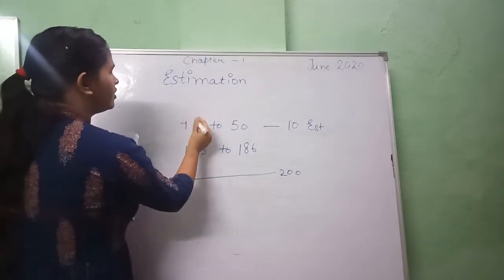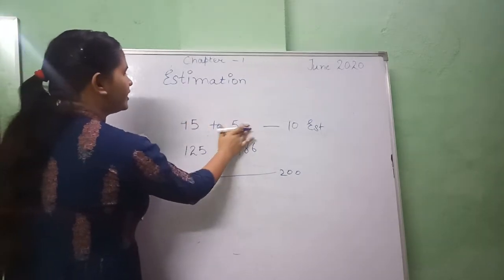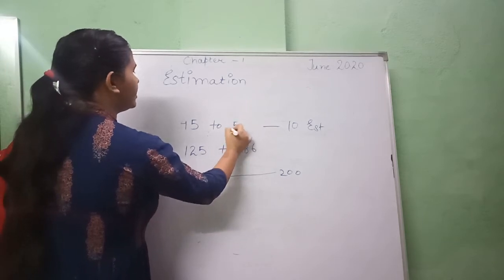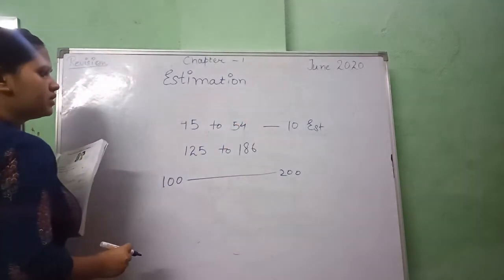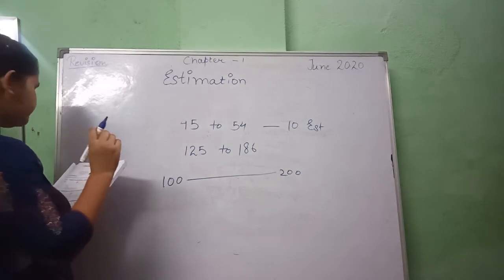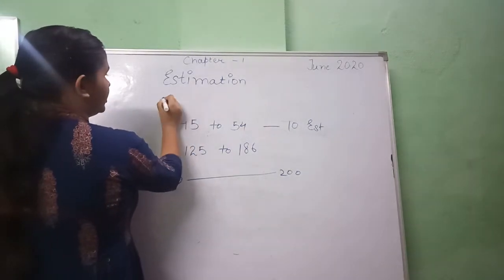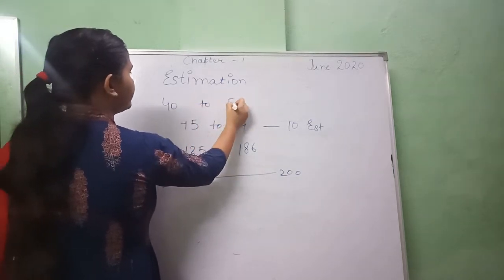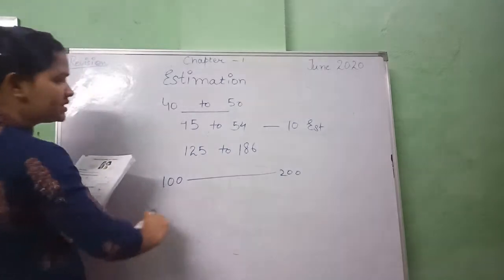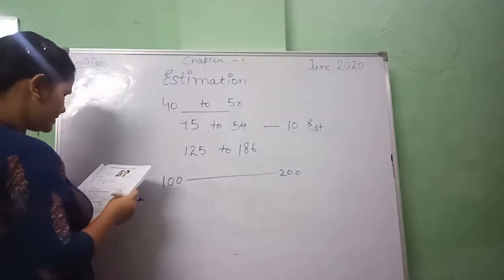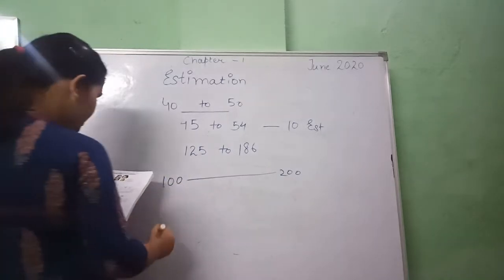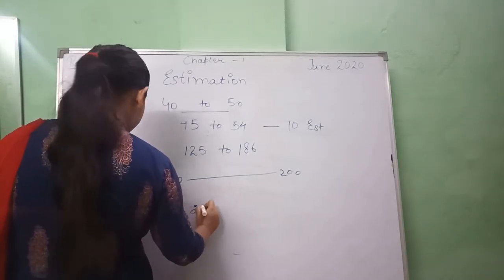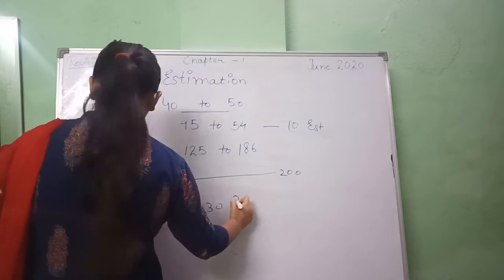If I take here 45 and I take here 54, okay, it will go through 40 to 50, right? Estimation. And yes, when we round to the nearest 1000, if we have the number 1320 and 2670,